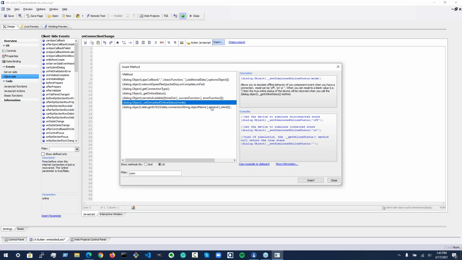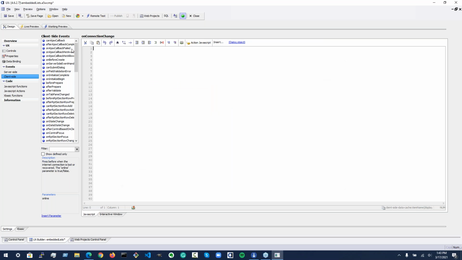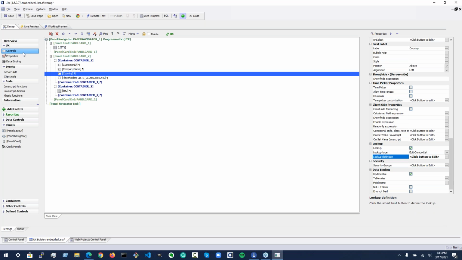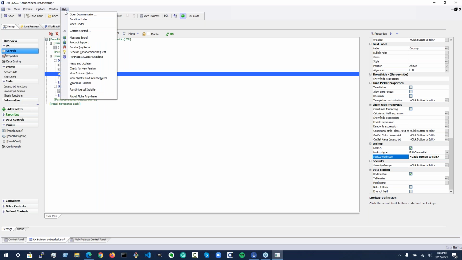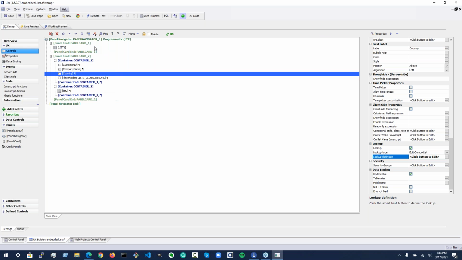And actually, would you mind just taking us on a quick tour of that? Because it doesn't hurt every quarter or so for us to remind people: if Alpha isn't working the way that you think it is, and you're pretty sure it's not you, it's Alpha, you could report a bug. But to be helpful to us when you do that, we have a mechanism up in the help menu. So if you go to help, send a bug report,